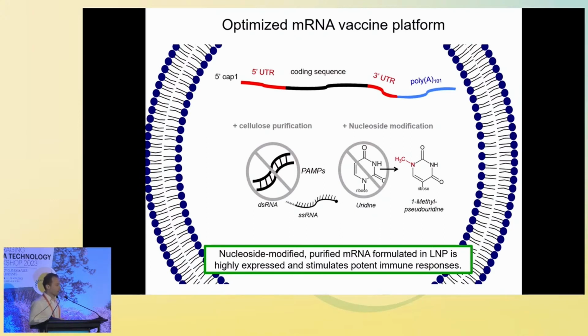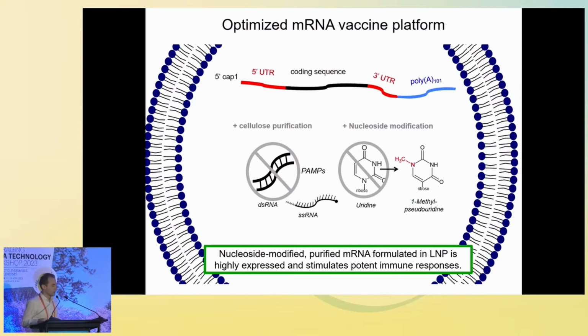So basically, the RNA is made using a linearized DNA template encoding the antigen of interest. The plasmid also encodes the regulatory elements of the messenger RNA, the 5' and the 3' untranslated regions, and the poly-A tail. Once the RNA is made, it undergoes a purification process to get rid of the double-stranded RNA and